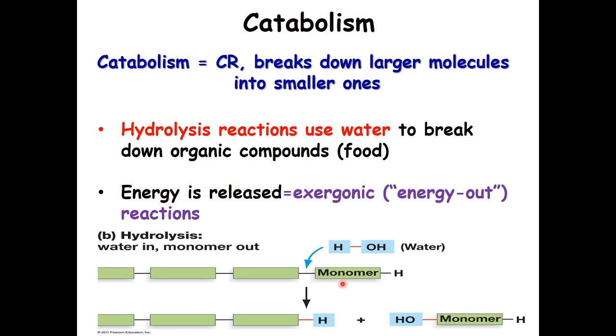And when you break a bond like this one, when you break any chemical bonds, energy is always released, remember, because these chemical bonds store a lot of potential energy called chemical energy. So when you break them, some of it is released as heat you can't use, some of it as energy you can use. So this is an exergonic reaction. Catabolic reaction is always an exergonic reaction, so delta G is always less than 0.